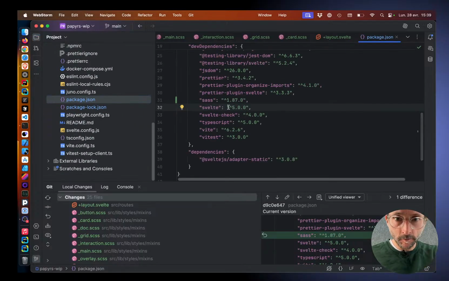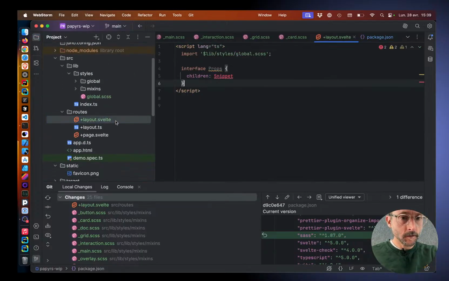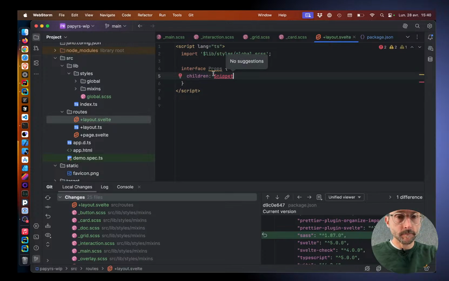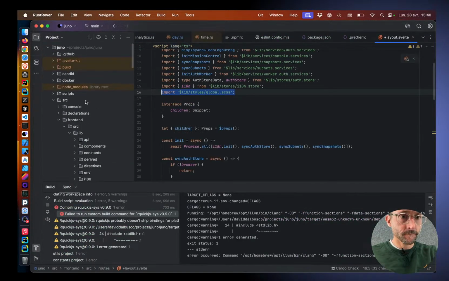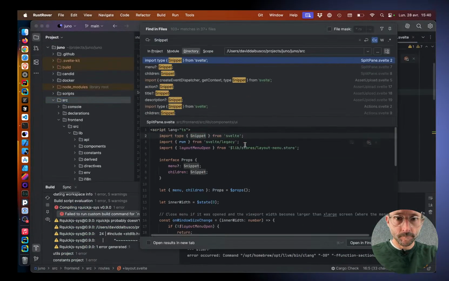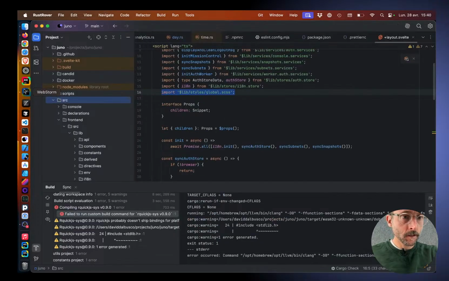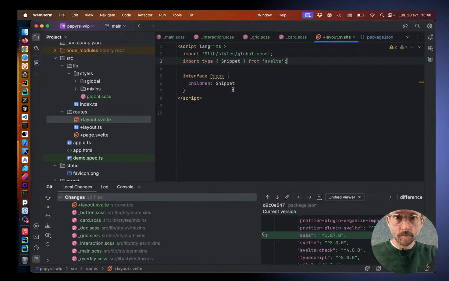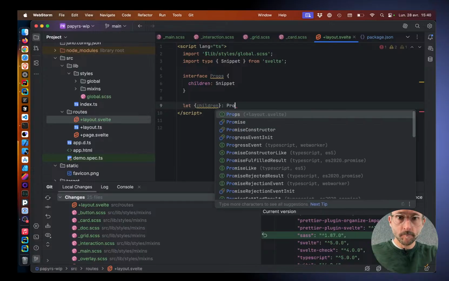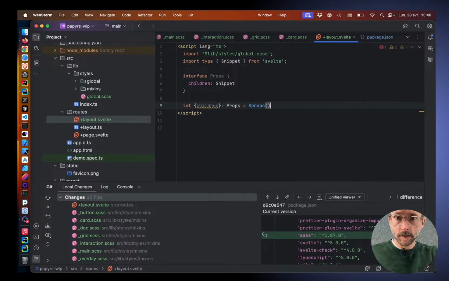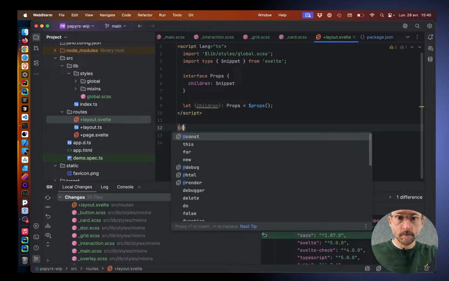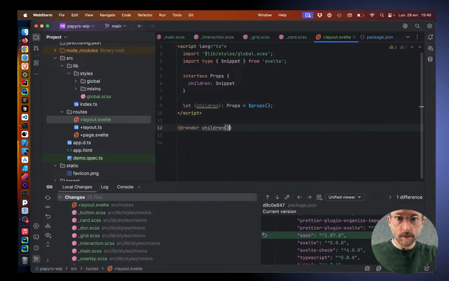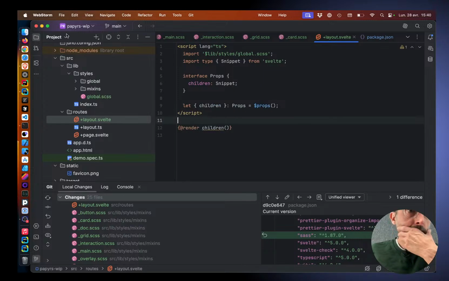Don't tell me that it doesn't use Svelte 5. Yeah, we need to